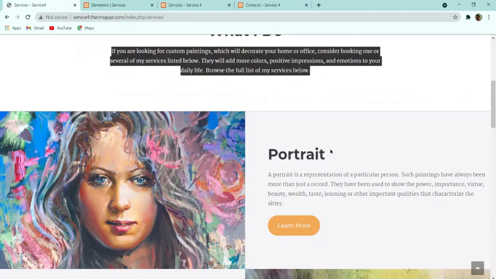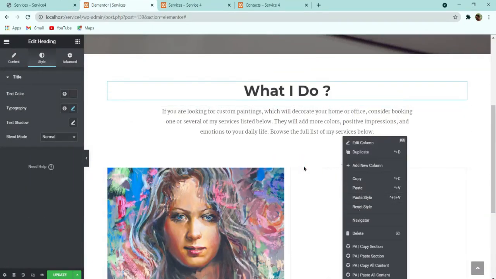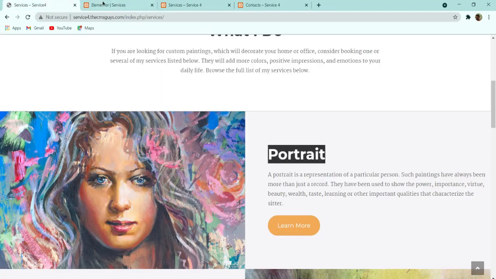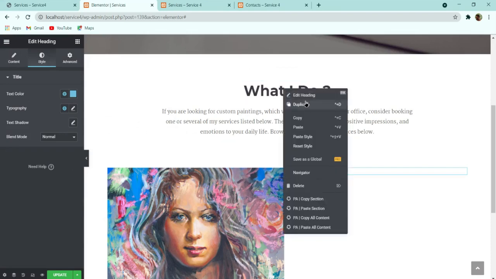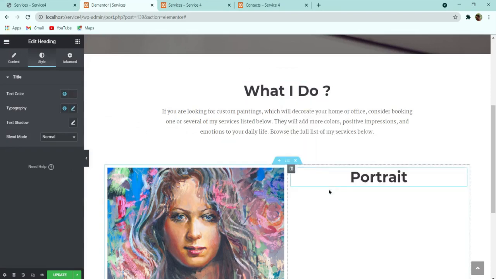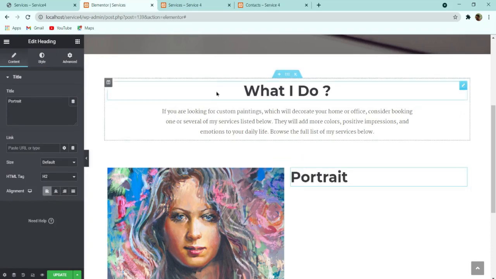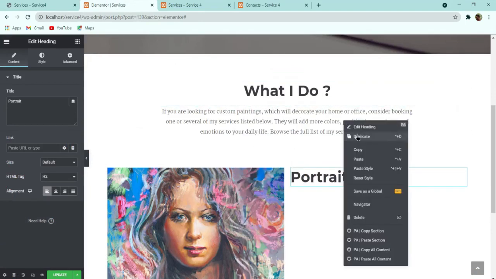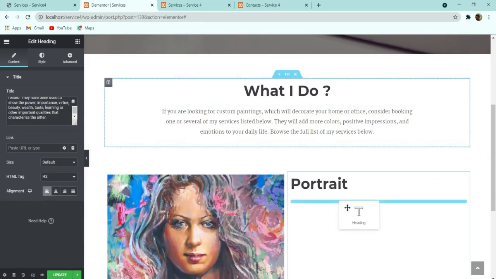And then on the right hand side we have some text. So what I can do, I can simply go to this element section, simply drag this heading, and here type the text portrait. Then I can copy it, and here right click and paste the style over here. One thing I have to do is make the alignment left. And similarly for this part also I can copy this text from here, then I can simply duplicate it and paste the text and make the alignment left. After that, simply drag it here.